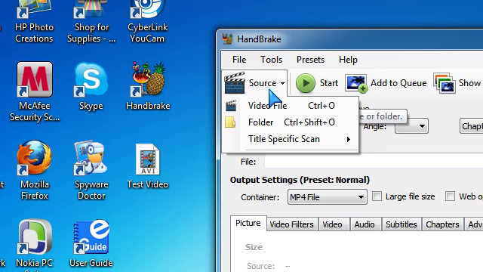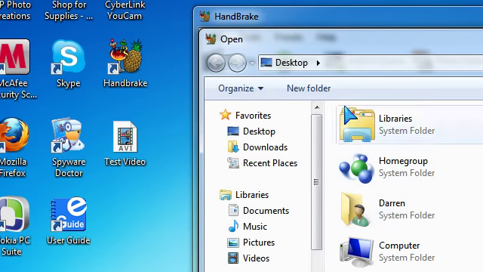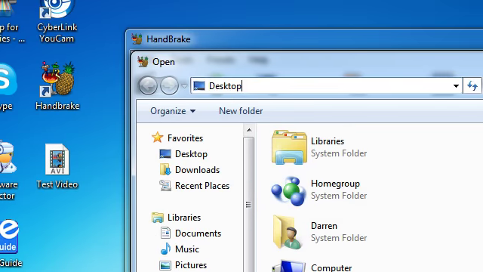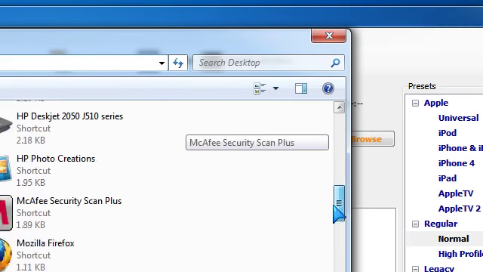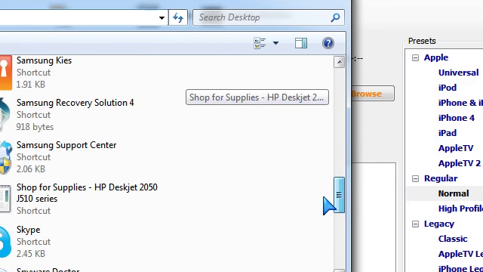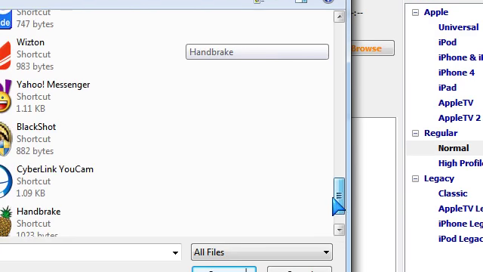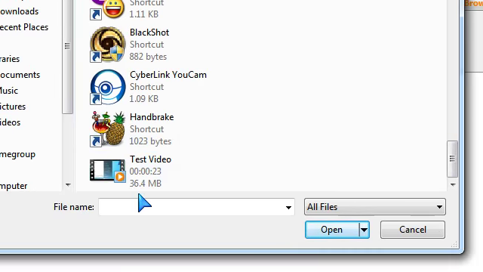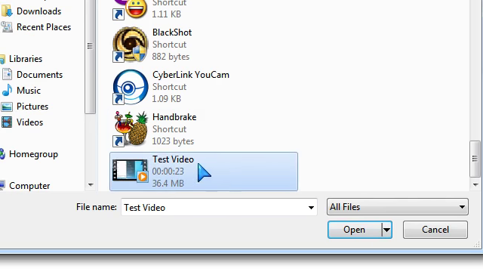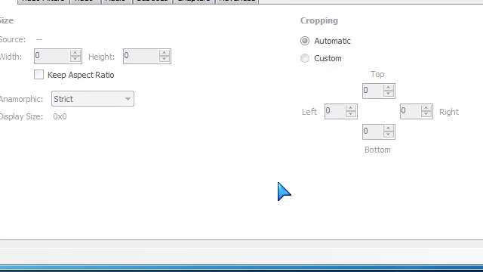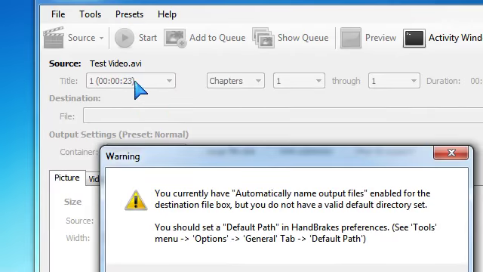Click on source, video file. Then go to your desktop. Then scroll down till you go to your desktop or where you save the video file. Then click on that. You can open. It's gonna process the title.